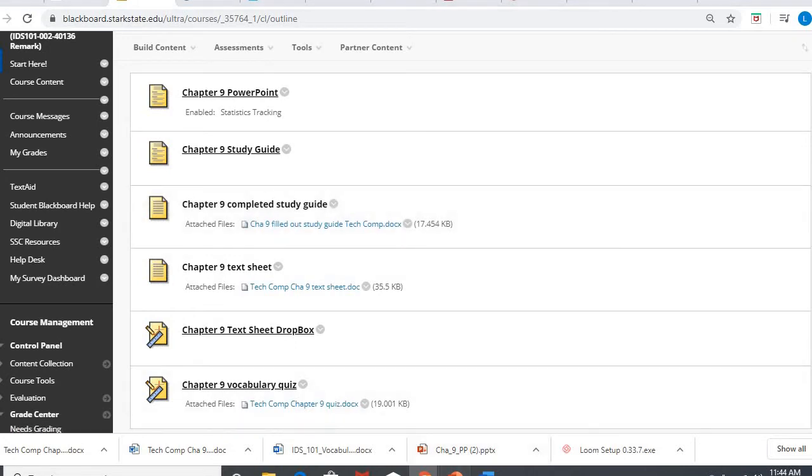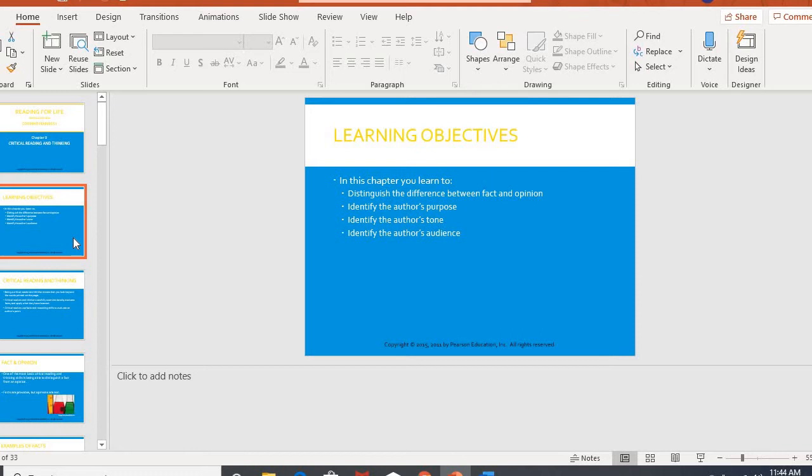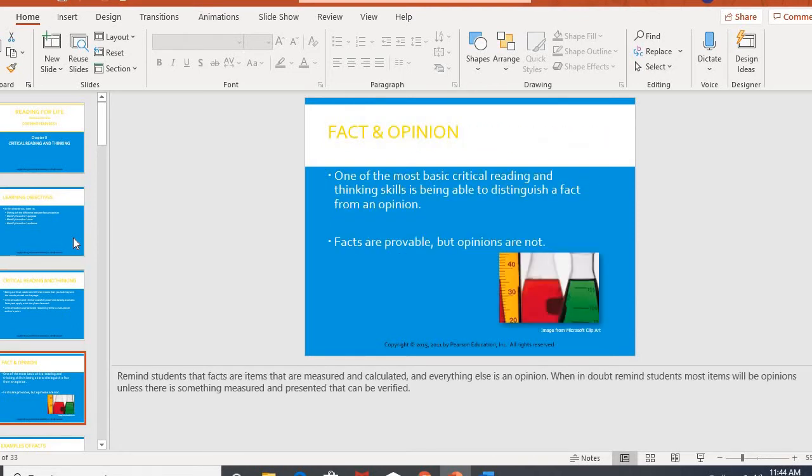As a review, I'm going to pull up the PowerPoint for this chapter, go through the concepts again, touch on a couple of concepts that we did not discuss, and then do some practices with you. Critical thinking was the overall concept of this chapter, but it's really an umbrella because there are so many little pieces and parts to critical thinking. This is also one of your mastery skills, and the video was already uploaded.